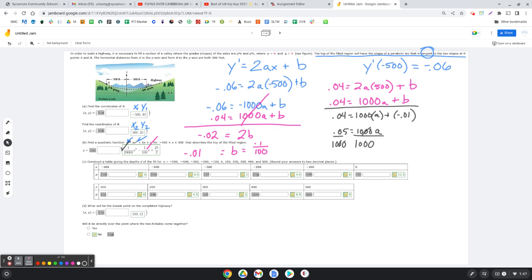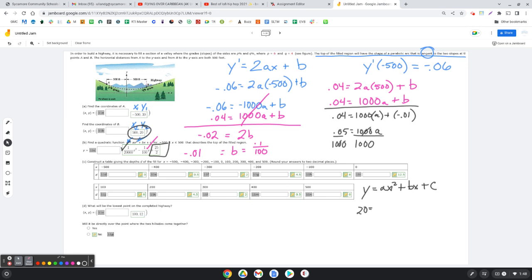Okay, so we've got those two parts. Now the question becomes, how do we get c? That's not easy either, okay? Let's go back to the original function. y equals ax squared plus bx plus c. We're trying to figure out what c is. Well, we know a y, we know the a, we know the x. So let's just use, I'm going to use this one because it's positive and I'm less likely to screw things up. So 20